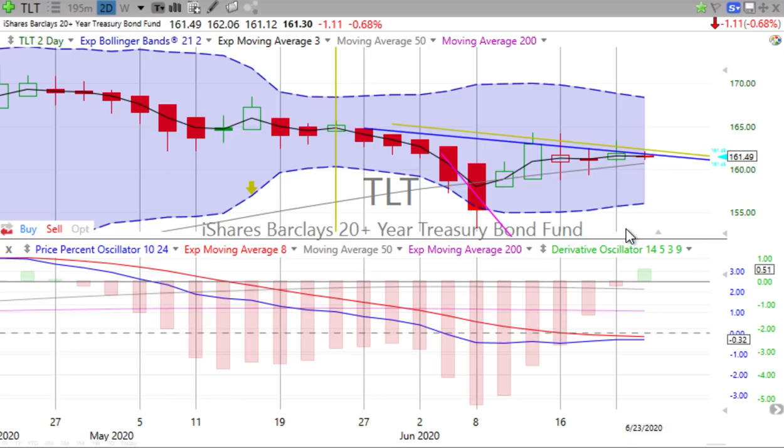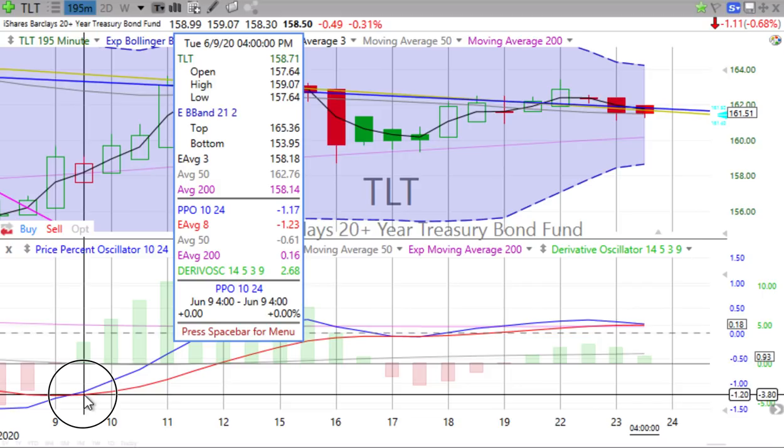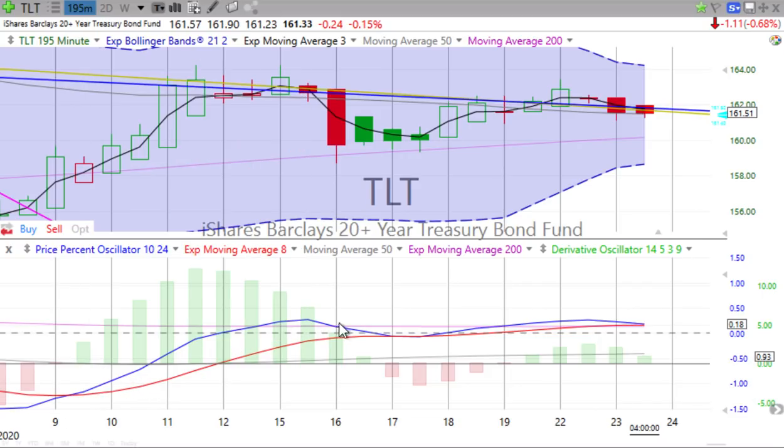Are things going to roll back over? Well, if you look at the 4-hour chart, you can see where it had crossed over going up back on the 9th of June, moved up for a while, then came down and bounced off the red signal line. Is it going to bounce off again, or is it going to cross over going down? Pay attention to that. Might give you a feel for a potential continued down move in bonds,